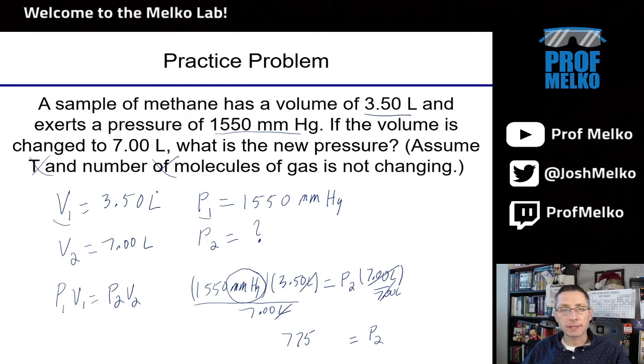Okay, so you might have an instance where the units are not the same. Maybe one volume is liters, one is milliliters. Make sure they're the same unit. Here they're both liters so that they both drop out. So here the final answer is 775 millimeters of mercury. If the question asked for it in a different unit, you might have to do a simple pressure conversion. Go back and watch my previous video if you don't know how to do the pressure conversion.